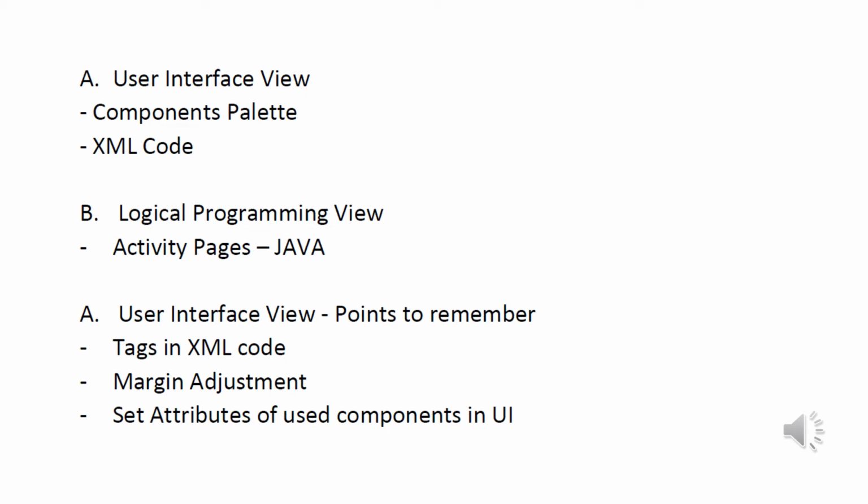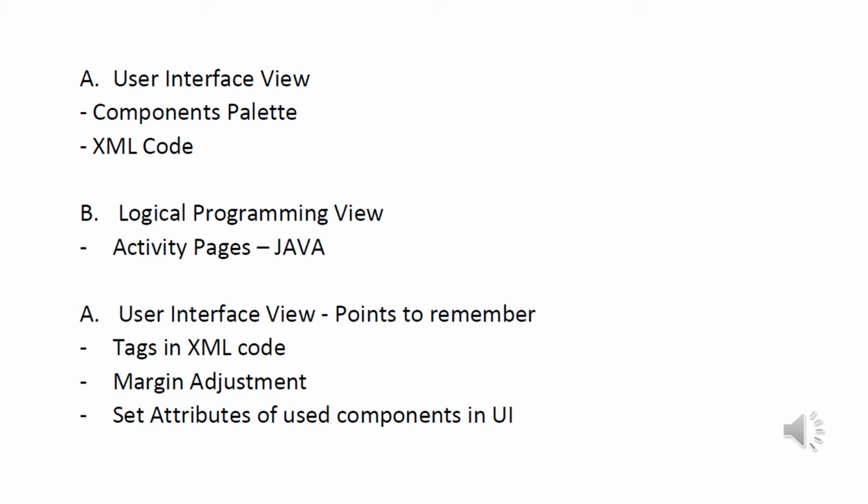So if you see again this presentation, point A is the user interface view, which includes a components palette, which includes a set of components like your image buttons, radio buttons, drop down menu, then the multiple choice type button, in short radio button, text fields including text view, edit text and so on. And within the user interface view, as we already seen in its text field, we have seen one XML